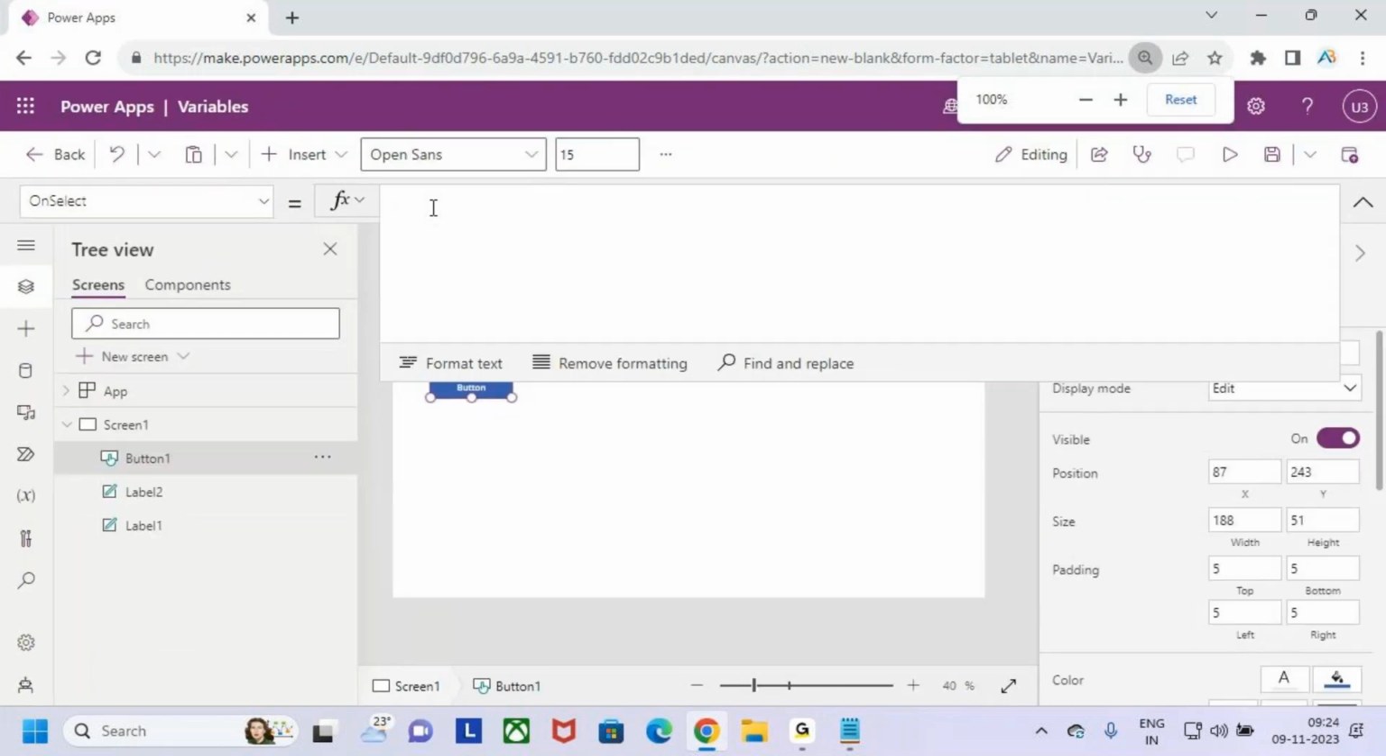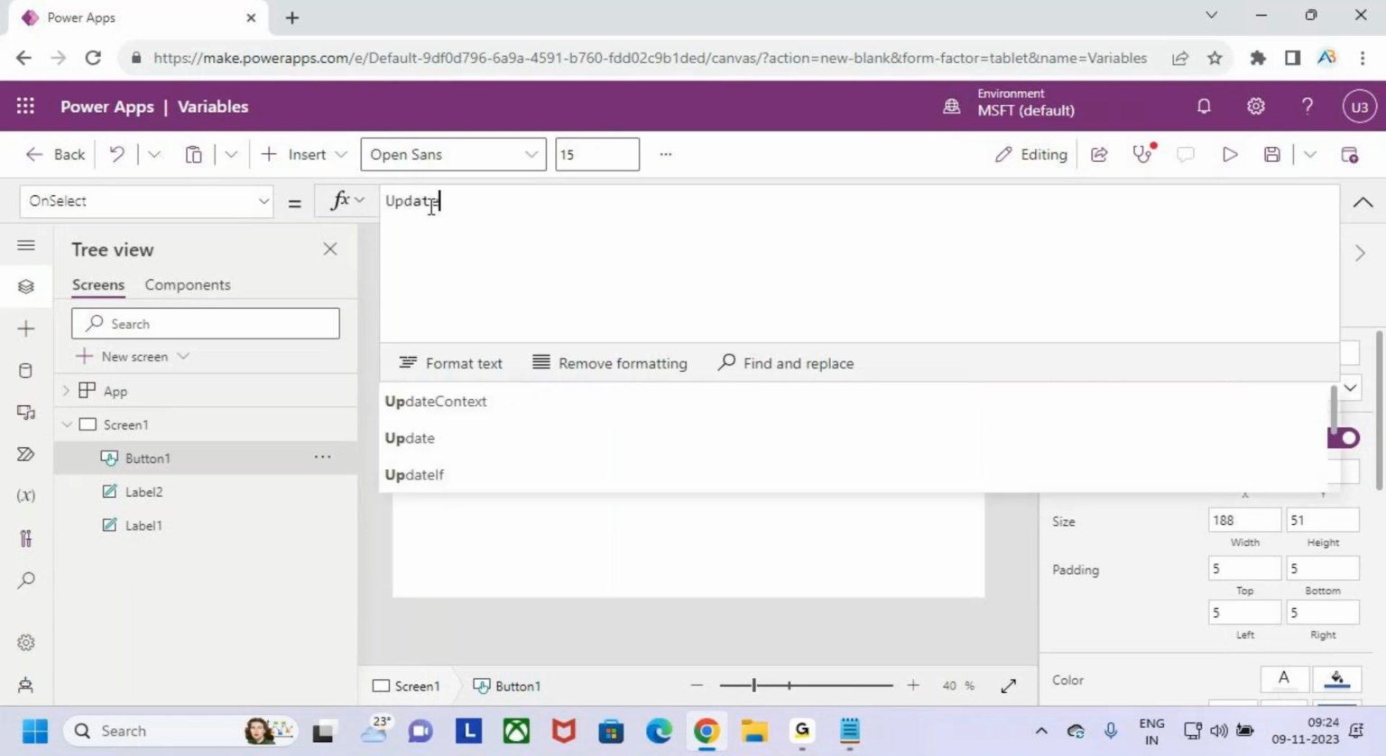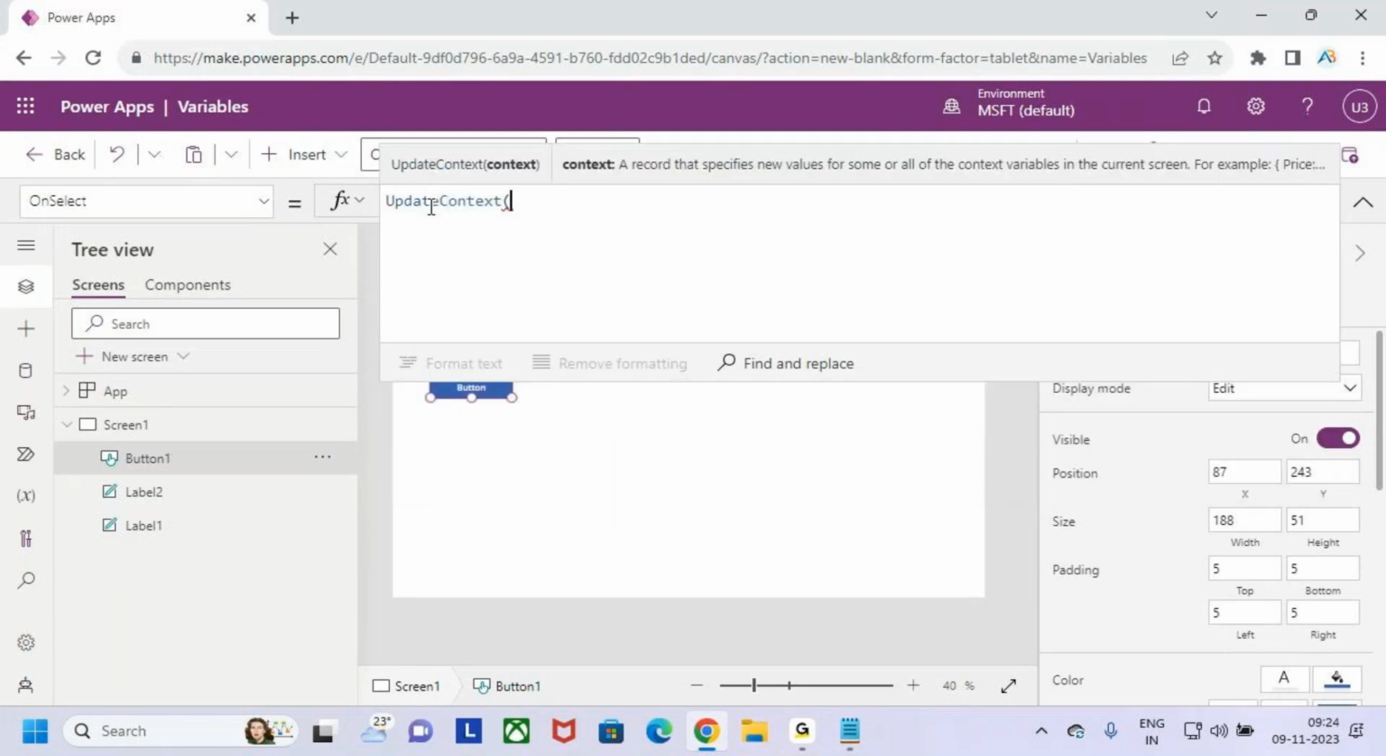What's the function you need to use, guys? UpdateContext is the function you need to use. Now within this, open the curly brackets. Here, let me pass the variable name. First we need to pass the variable name. Let me pass the variable name as